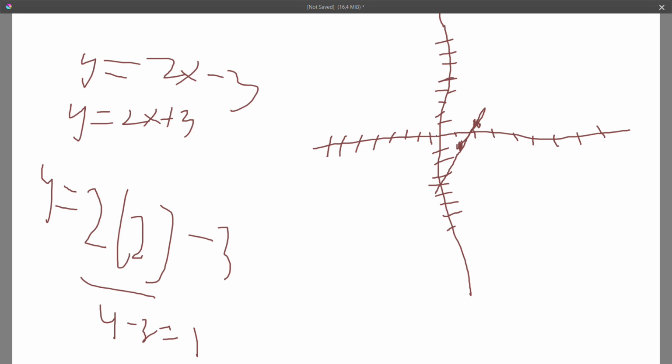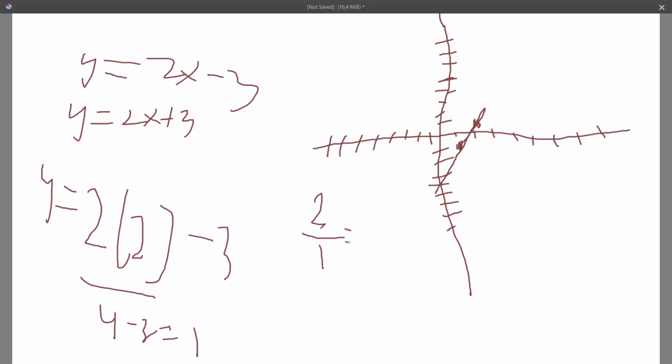How much does the y change? Right now we're at negative 1, and this is at 1. So to go from negative 1 to 1, you rise by 2. That's all over, now to go from x of 1 to 2, you go horizontal 1 time, so 2 over 1,